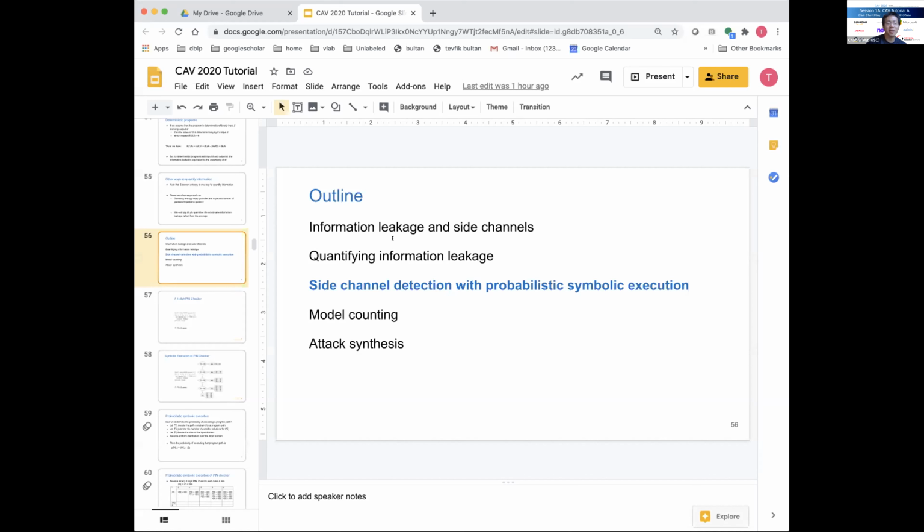Here is another question asked on Slack. Kaldeep asked, for what applications is it reasonable to assume that we have access to the source code? I know that for crypto algorithms, all the ones people are using are actually open to the public. You actually have the source code, the algorithm, everything. In your case, you're analyzing Java code. Is it a reasonable assumption that you would have the source code?